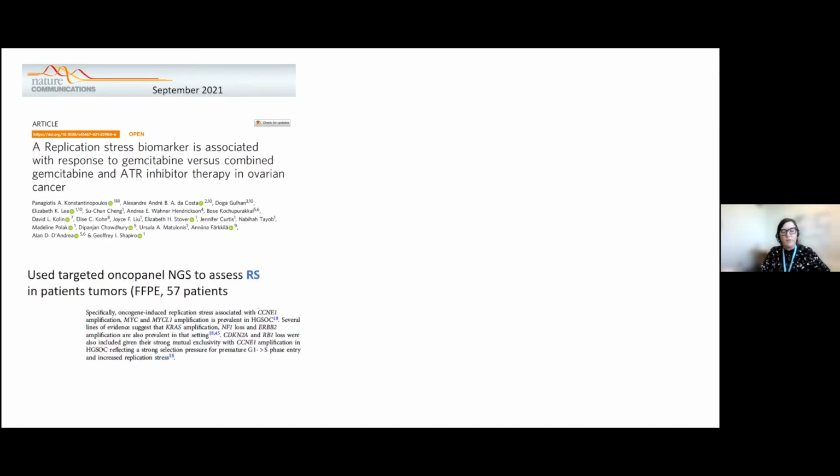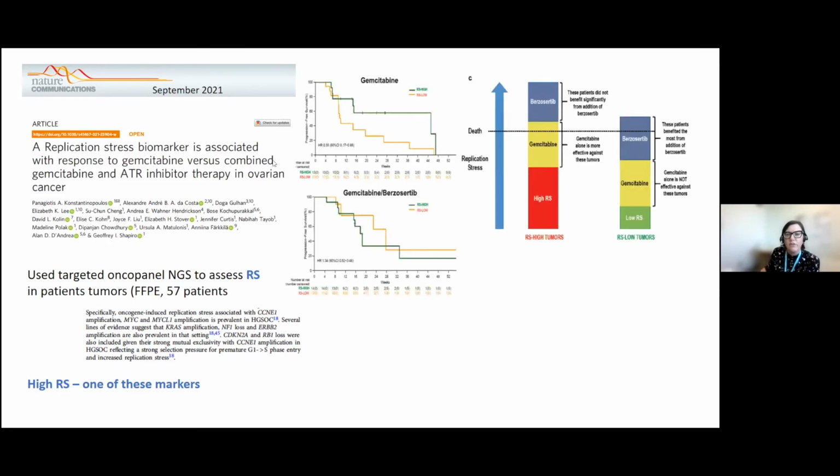And what they did for all the patients' tumors in this study was they looked at replicative stress in archival FFPE tumors, and they defined high replicative stress in patients that had any one of these markers that you can see here in the summary, such as, again, cyclin E1 amplification or MYC amplification and so on. When they looked at the response to gemcitabine on its own, and then the response to gemcitabine plus berzosertib, which is actually AstraZeneca's ATR inhibitor,